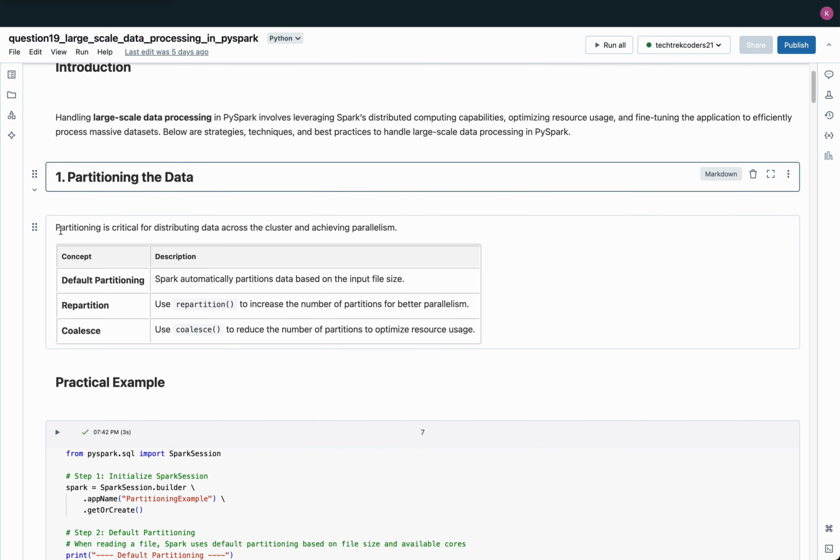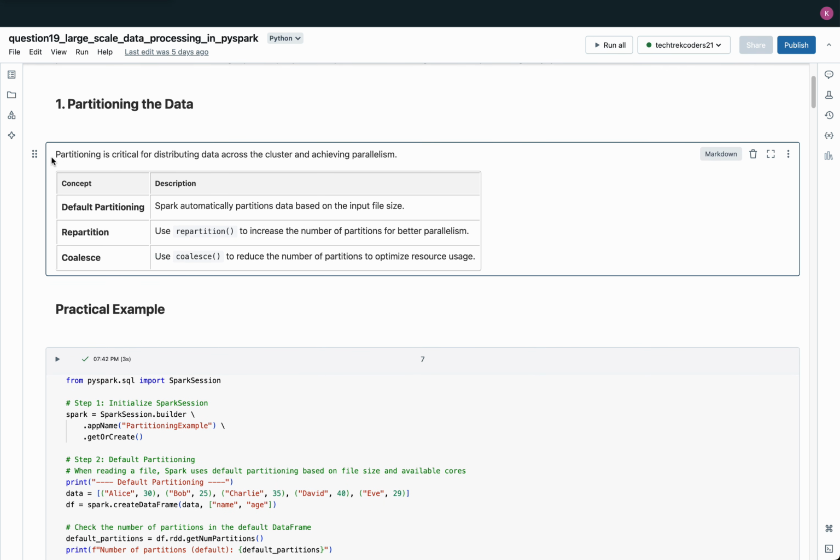1. Partitioning the data. Partitioning plays a crucial role in efficiently handling large-scale data processing in PySpark. It ensures that data is evenly distributed across the cluster, enabling parallelism and making full use of the available computational resources. By default, PySpark automatically determines the number of partitions based on factors like the input file size and the cluster configuration. This is known as default partitioning, and while it works well for many cases, it may not always be optimal